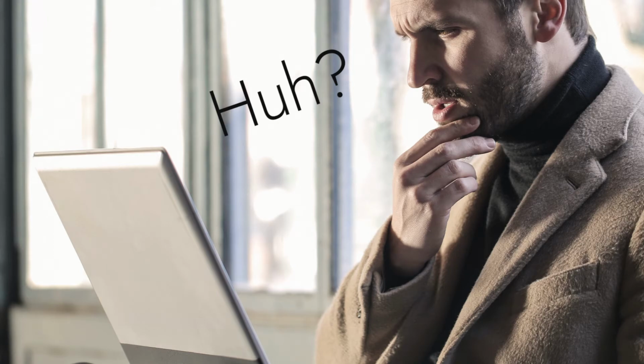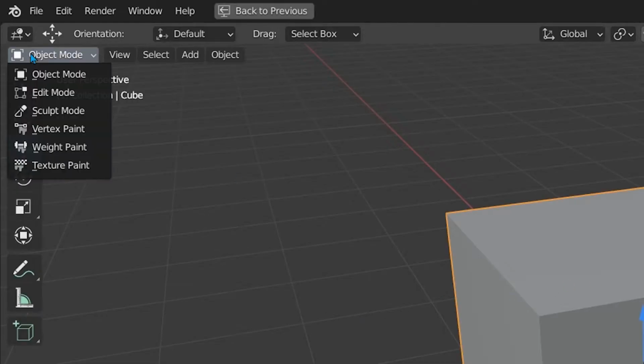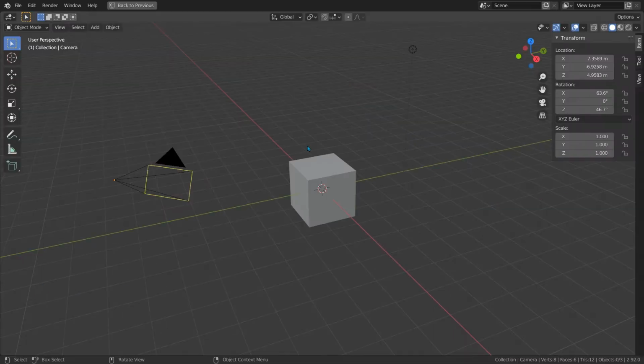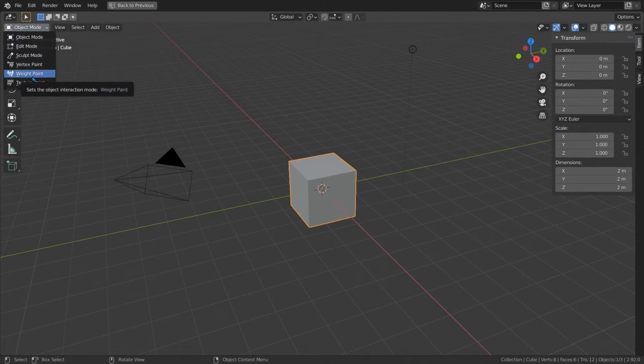Before we get into any more details, I need to talk about context sensitivity. Now, what is context sensitivity? Context sensitivity simply means that things will behave differently depending on what we have selected. For example, if I select this camera and click on Object Mode in this drop-down menu, you'll notice that there's nothing else here. Why did they put a drop-down menu when there's only one item? Seems absurd, right? Well, if we click on this cube and go back to the drop-down menu, it now has this plethora of modes we can select.